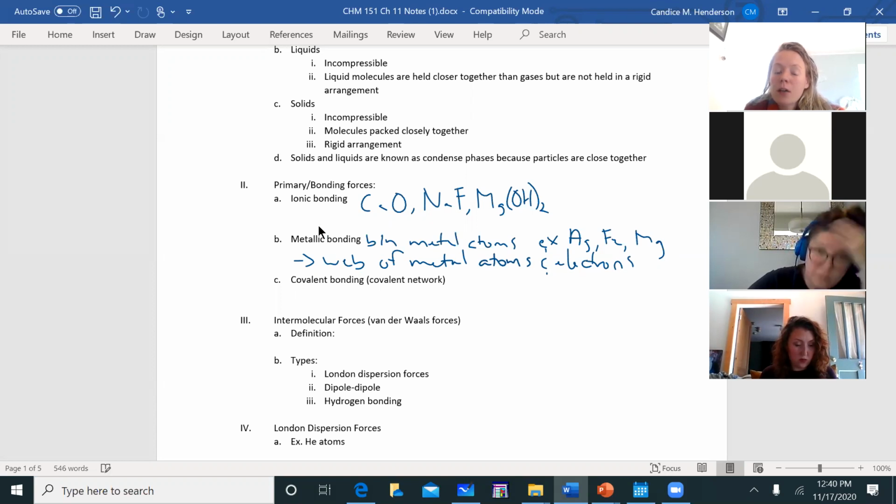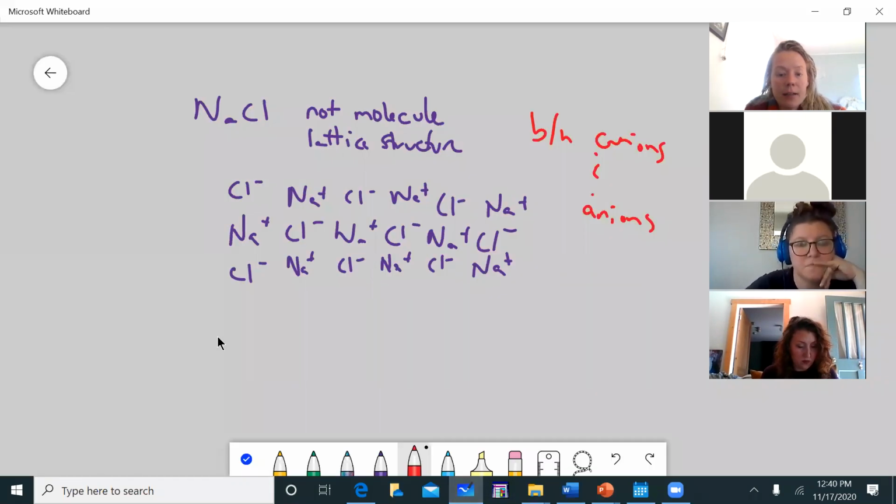And what's actually kind of cool about metallic bonding is those electrons are free to move through the structure. So they're not just free to oscillate back and forth between adjacent atoms. They actually can move or meld their way through the structure, which is what allows metals to conduct electricity. So if I was to draw a structure for our metallic bonding,